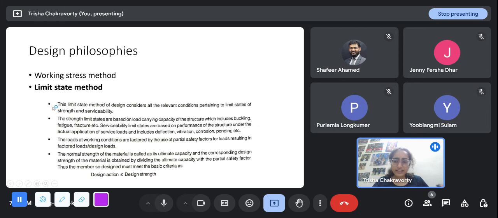And this we have looked at last class. The basic summary is that the design action, or the design load, should be less than the design strength. And why does this term design come? Because design is the load, and the working strength is the actual one. While we are designing, one of the prerequisites is that we need to know how much load I want the structure to withstand. That is the working load, and then we multiply it by a factor of safety greater than 1, and that becomes the design load or the design action.